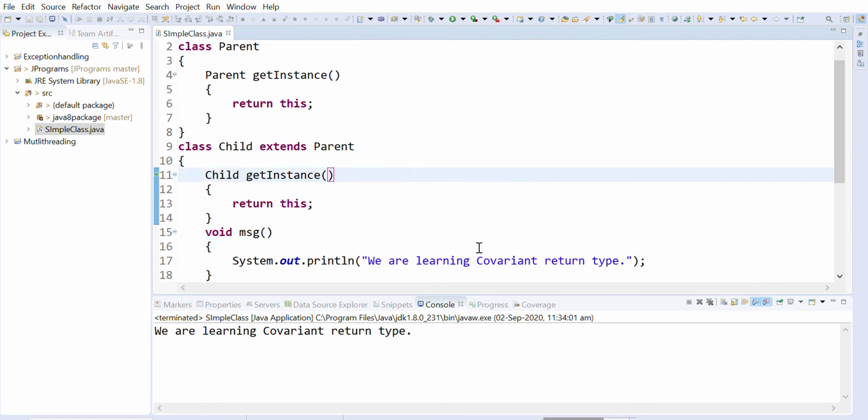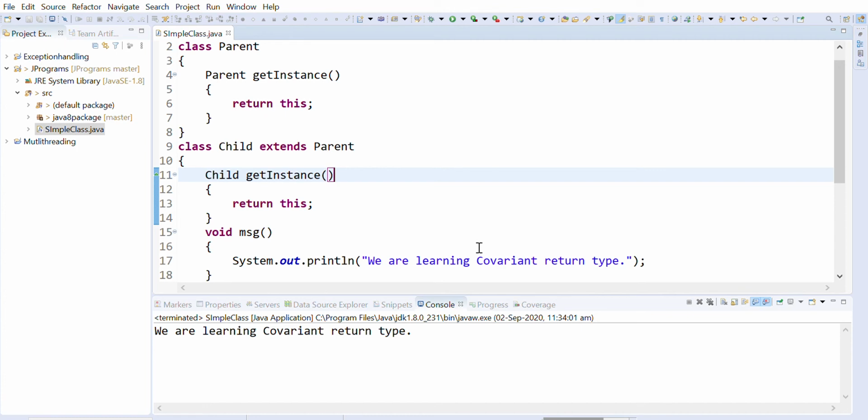So now you have a better understanding of the covariant return type: it gives a return type that may vary in the same direction as the subclass. Like we have a subclass, and it will give you the return as per the subclass. Before Java 5, it was not possible to override a method by changing the return type. But since Java 5, it is possible to override a method by changing the return type if the subclass overrides a method whose return type is non-primitive, and changes its return type to the subclass.